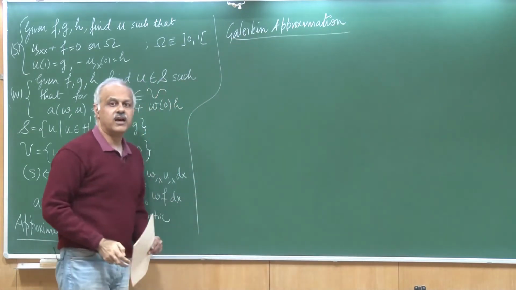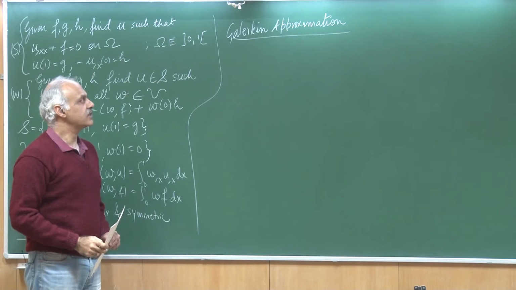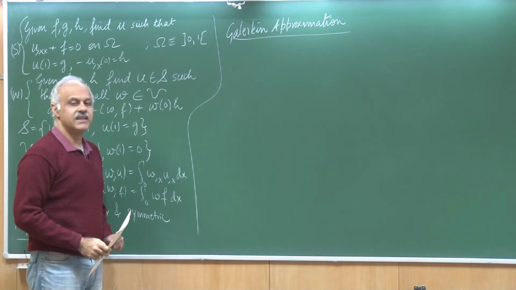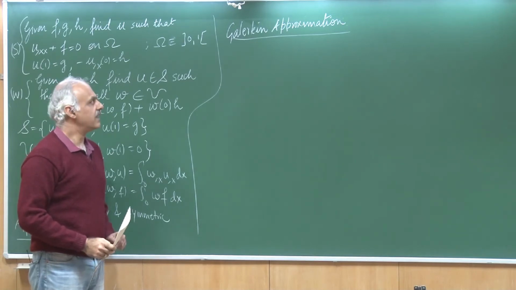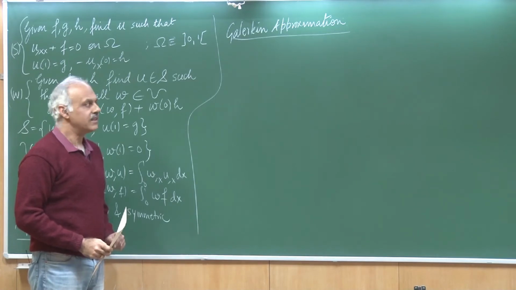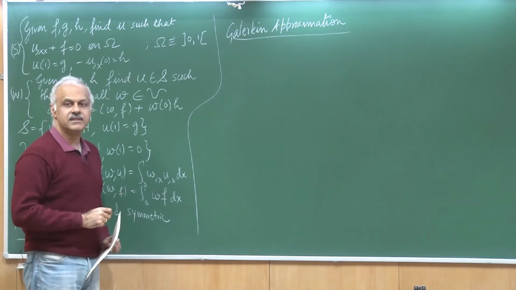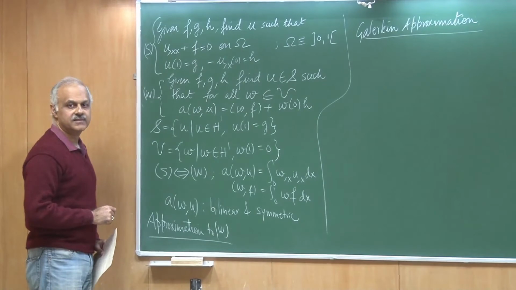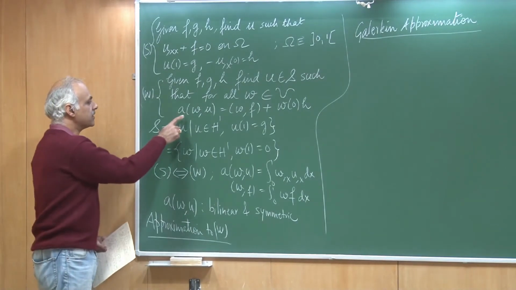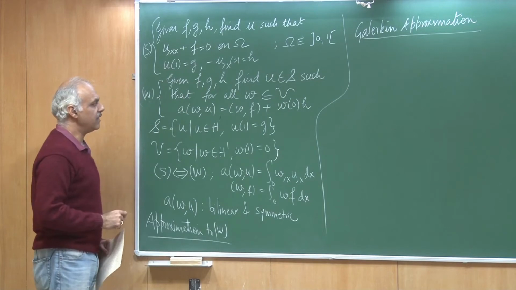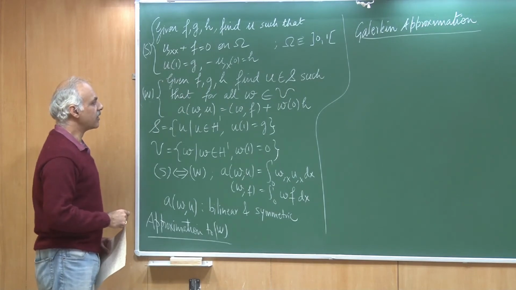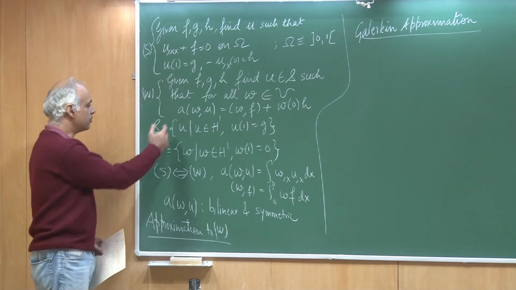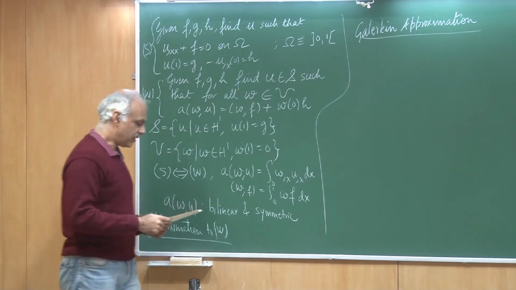So, here I would like to recall your attention to the method of weighted residual, where we invoke the Galerkin approximation by saying that the trial function space and the weight function space are identical. Okay. So, really speaking, in the Galerkin approximation, if we have to start from the weak form, we need to take care of two things. One is that we need to approximate this weak form, and the other is that right now we are talking about two spaces S and V. We have to somehow come up with one space from which both these functions can be chosen. So, let us do that.